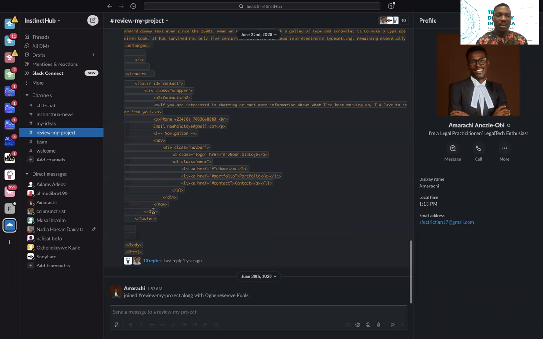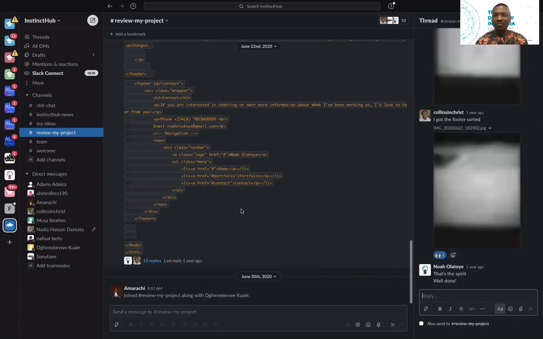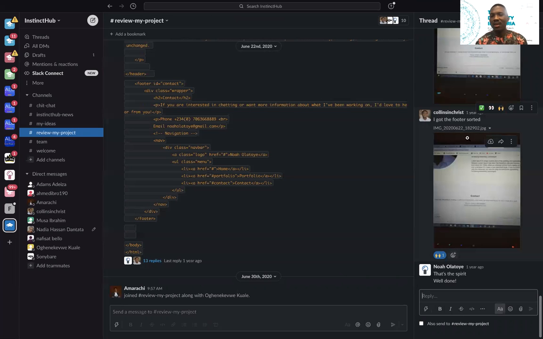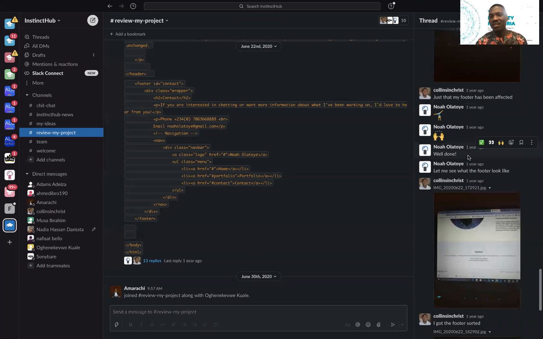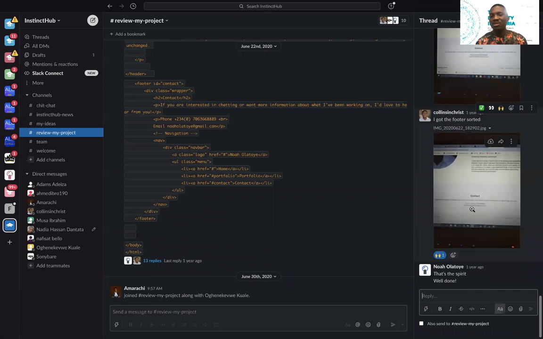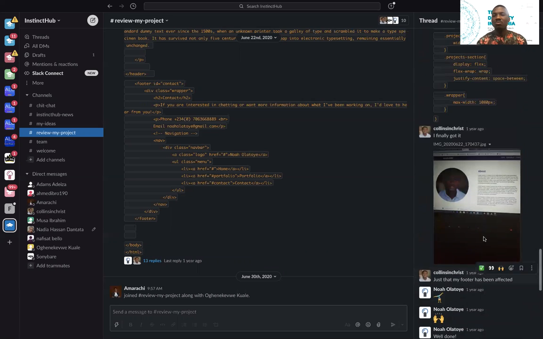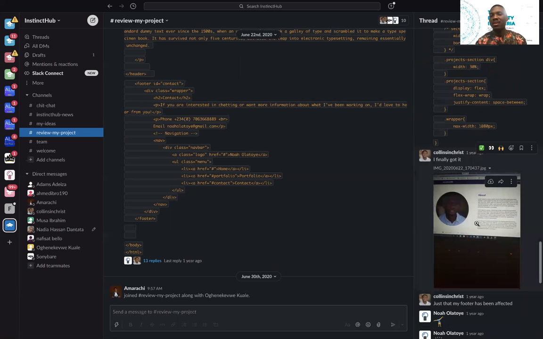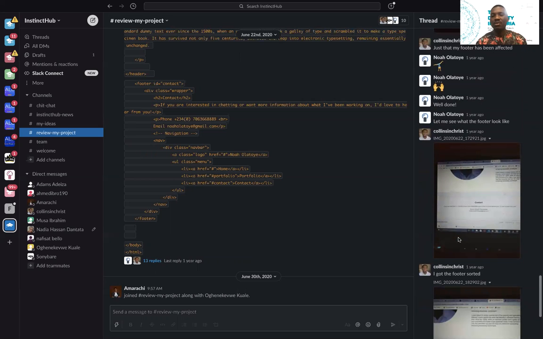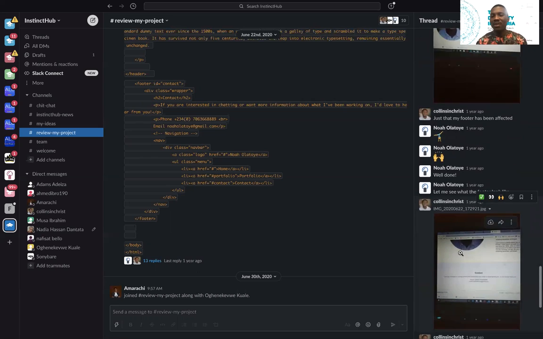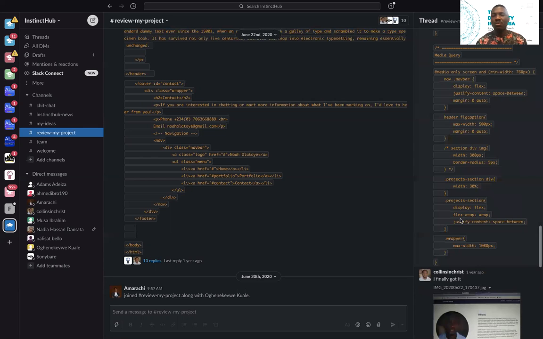Let me even see if I had a comment on it. You can see sharing a screenshot of the issues he had, and getting response, direct response, and help to fix it. So these are some of the things you're going to be coming across. You can see him trying to do something and getting rapid response. This can be very difficult on